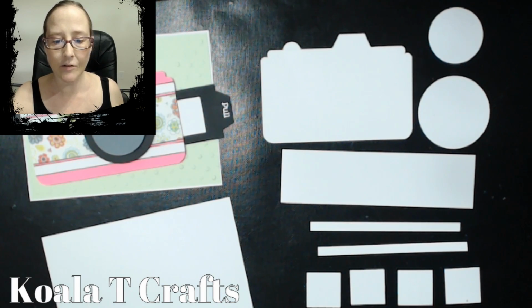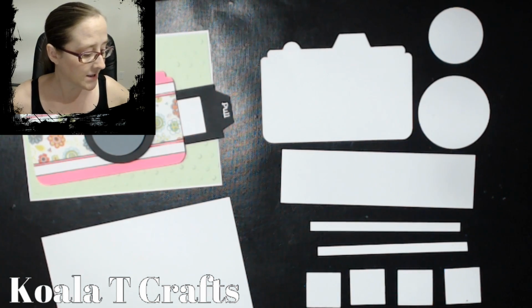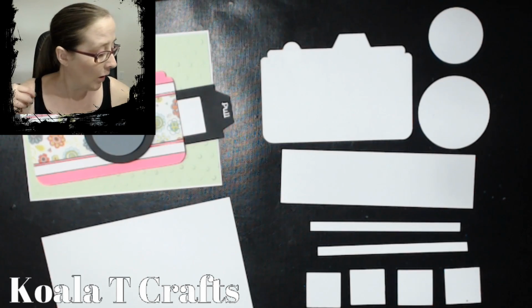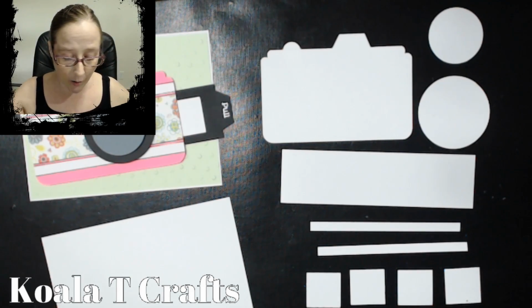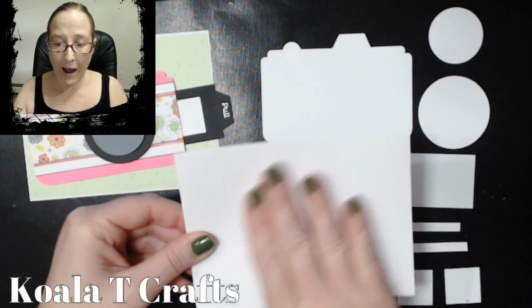I'm always thinking of new ideas and things that we can do. I'm going to do this one exactly as I did the other one because it's going to be easier on me today, for how I'm feeling, to just put this together how it was. So we're going to take it one step at a time. The bottom layer